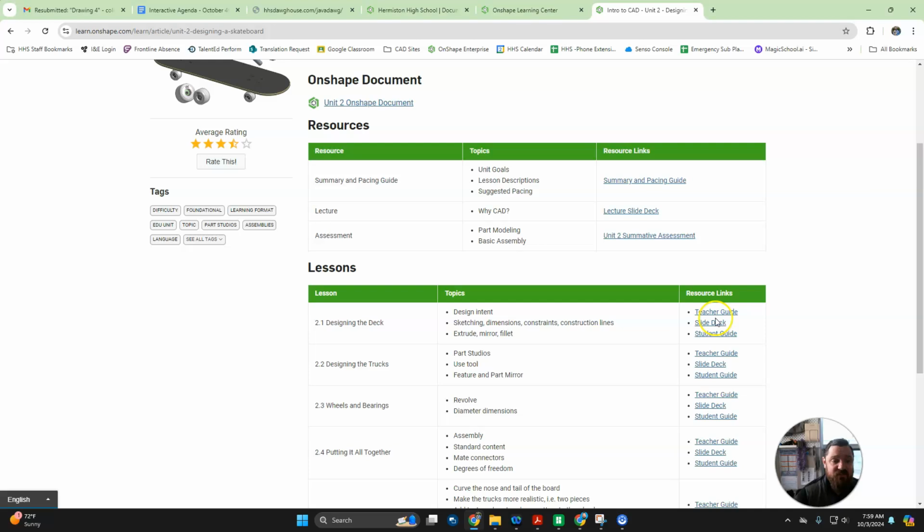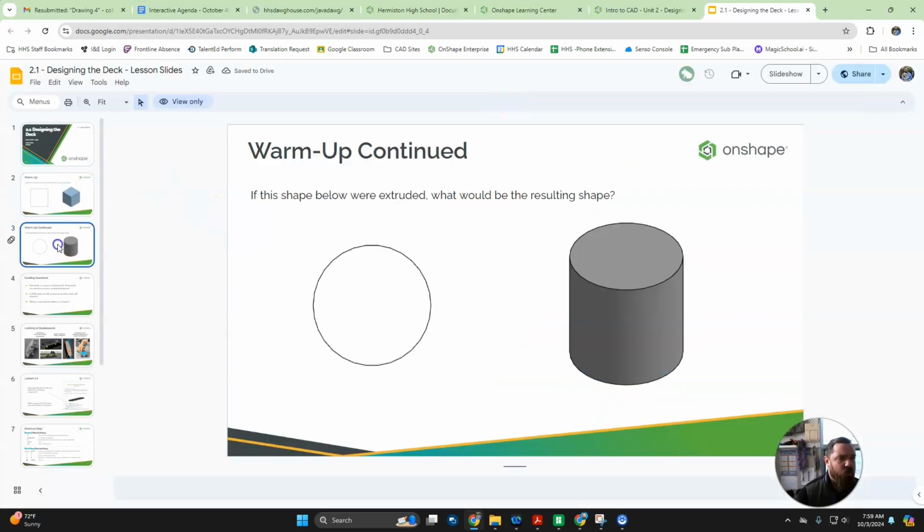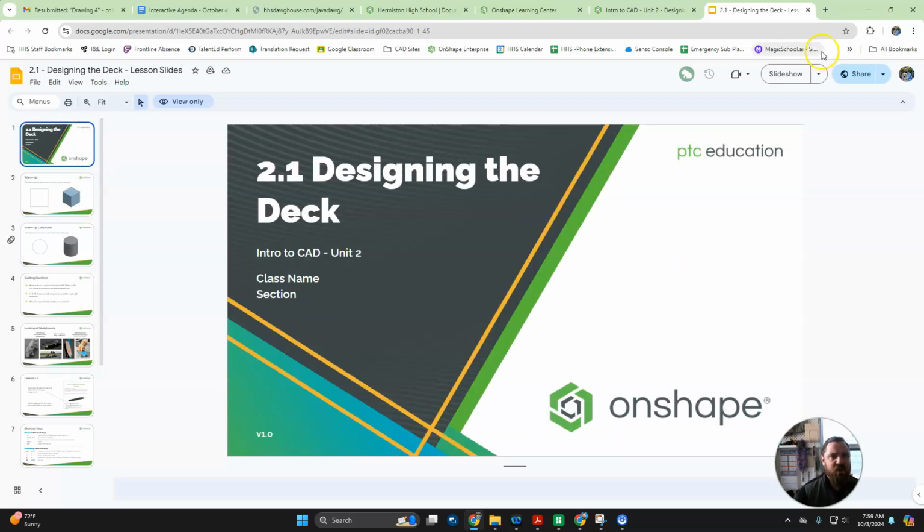They do have slide decks in here that you can use, but they don't do a whole lot of CAD teaching. They essentially just do,